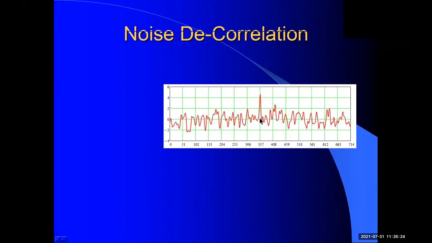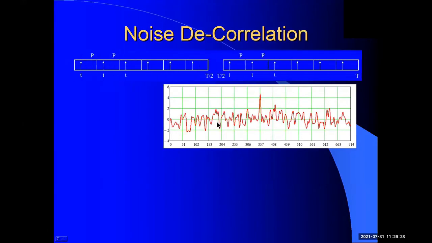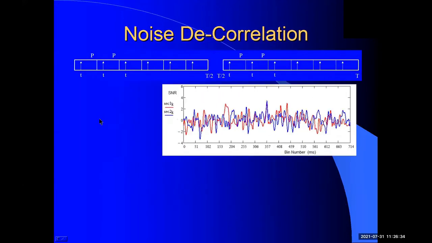But in doing that data reduction, we're losing a lot of information. We can see this because if we split the data in half and fold each half and then overlap those, we see that the pulsar still appears where we expect it to, but the noise is now decorrelated. Now, I found an identity, which I won't have time to go into, but if I apply that to this data,